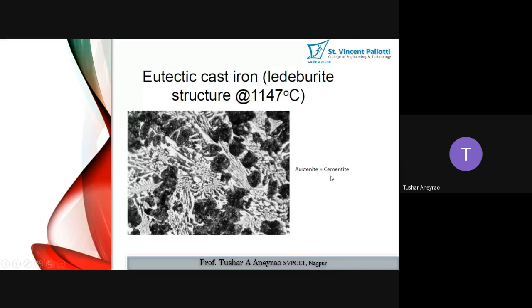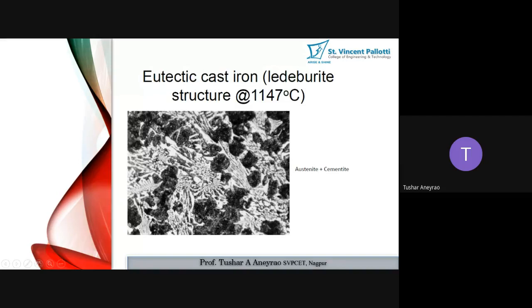Sorry, I have made a mistake. I'm very sorry for that. The black portion is the cementite. It has higher density. That's why not many electrons are passing through that phase, and that phase is restricting them. This is the TEM, that means the transmission electron microscopic image.